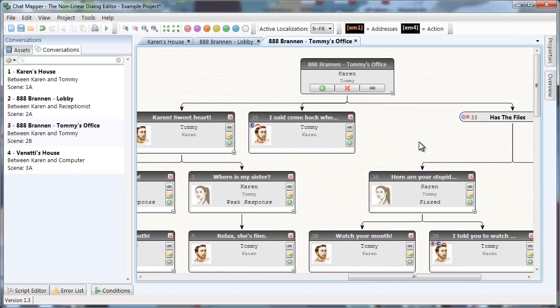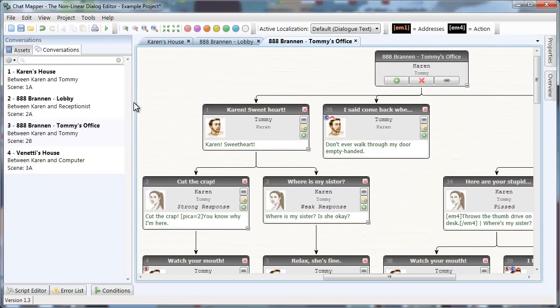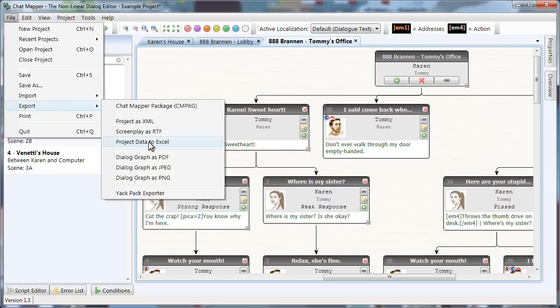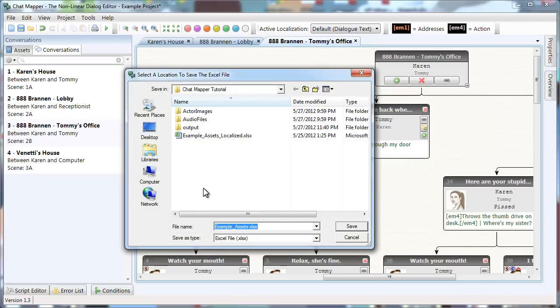So that brings me to the next enhancement, which is Excel export and import. So this is what we're going to use to quickly fill in the localization text. Let me switch back to the default language, which is English in this case. If I choose File, Export, Project Data to Excel, and this is a feature that's available to indie and commercial license holders. Let me click on that, and I will export this to